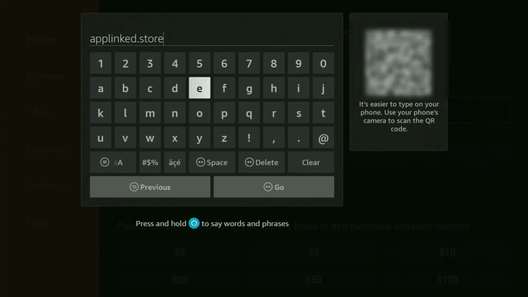So here you go, just enter the link exactly as you see on the screen and make sure not to